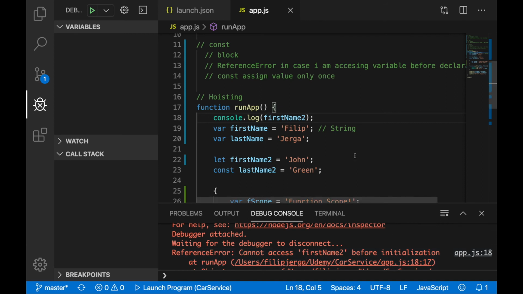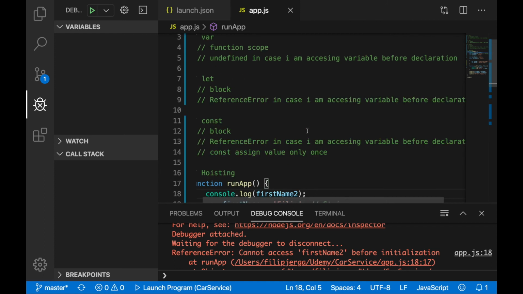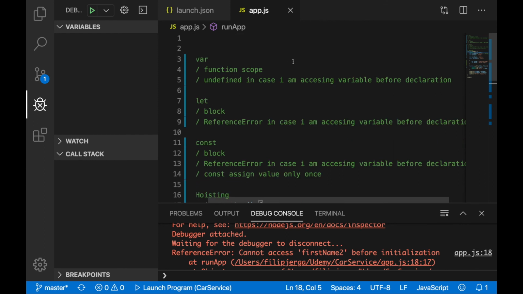And you can see that's why we are also using only const and let, because they are enforcing good programming practices. Because with var we have a whole entire function scope, which in some cases can be good, but generally we would like to be scoping also by our blocks, not only our functions. Okay, that's one thing. And also undefined in a case we are accessing a variable before declaration,